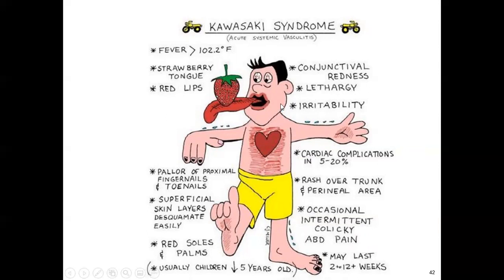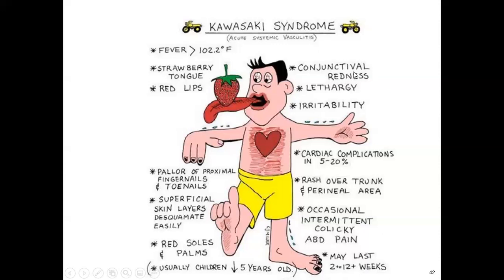The signs and symptoms in the acute phase: the patient develops a high fever. The fever is more than 102 Fahrenheit, and this high fever is unresponsive to antibiotics. The patient develops red eyes and dry eyes, which is called xerophthalmia,